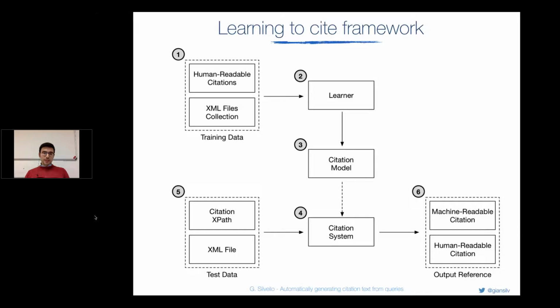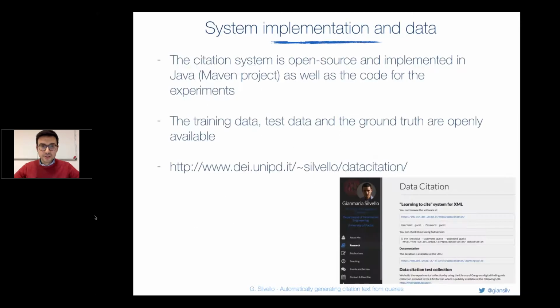What we want to do in the future is to plug in the citation policies that we have seen before also in this XML system, in order to be able to combine citations of different nodes into a single citation. And also we want to test this system in a different domain, for instance, pharmacological domain, methodological data, or physical data domain, whatever, because we want to see if we need more citations, for instance, or if we need fewer citations because the context is less heterogeneous. So this will be very interesting to test this system in different domains.